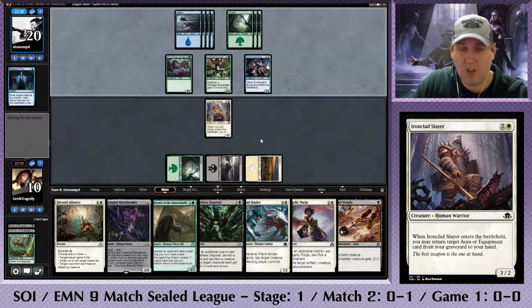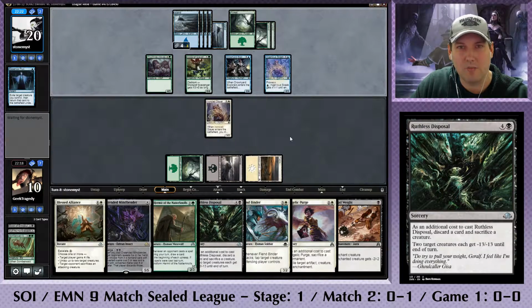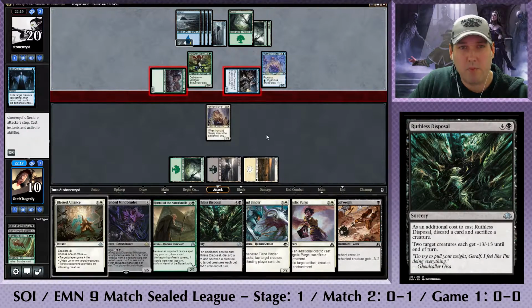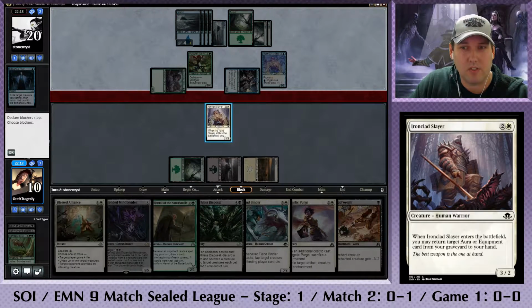Now, we could chump with this, or we could use it for the Ruthless... No, we can't, because... No, we're going to chump with this. We don't have much of a choice. Yeah, swinging with both. We have... I mean, we're in dire straits here, so...